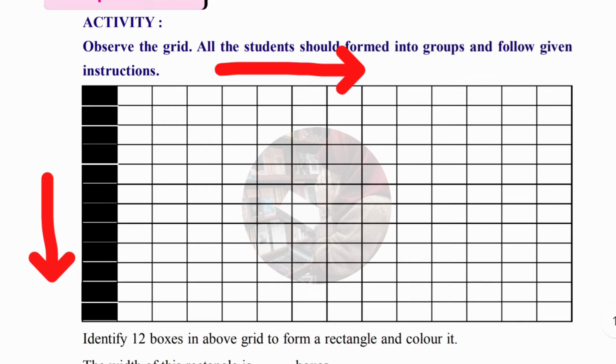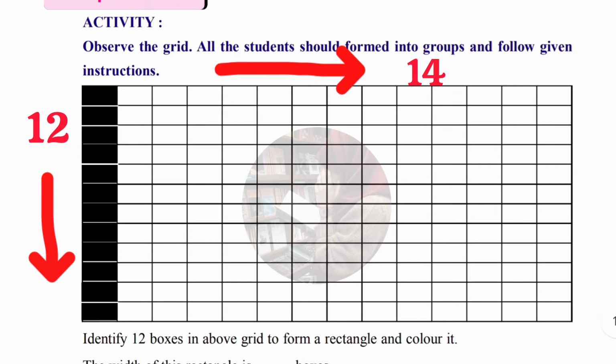So horizontal wise, or row wise, or the width, let's count it: 1 2 3 4 5 6 7 8 9 10 11 12 13 14. 14 blocks are there. If you see the vertical side, or the length of the grid, or column wise, then it is 1 2 3 4 5 6 7 8 9 10 11 12. 12 is there. Please keep that in mind and write it down as 14 and 12. Now we'll see the questions given below one by one.